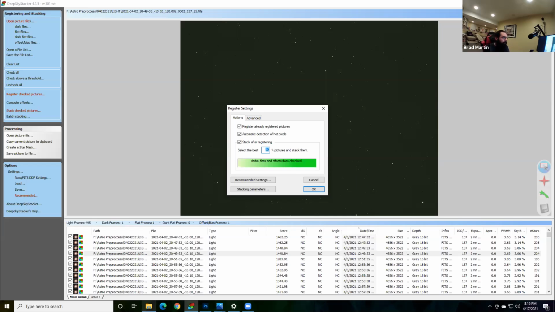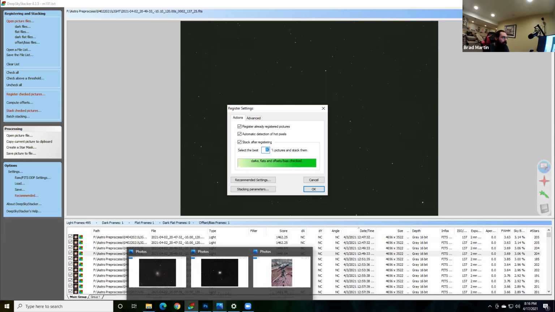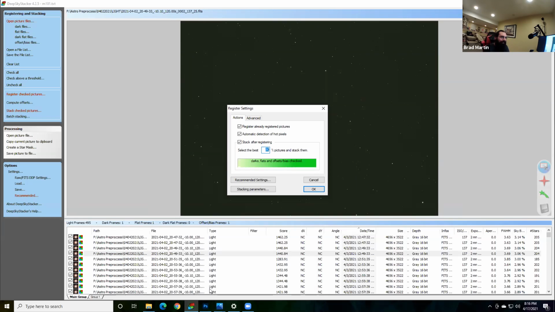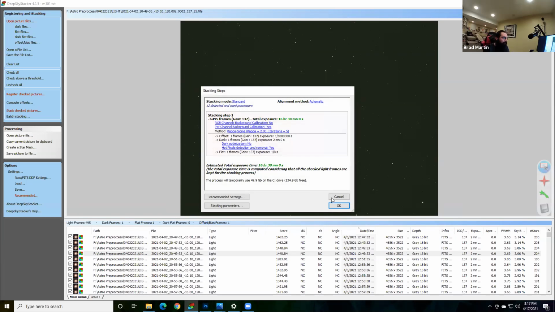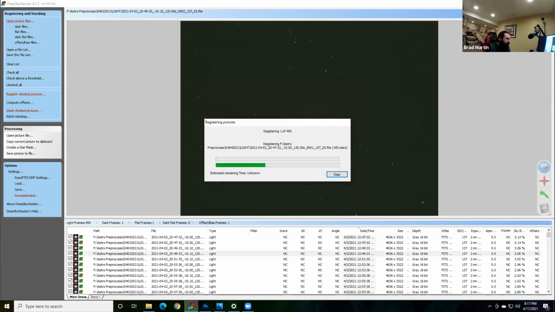Should I show what M101 looks like? Show the final image before I go and do this, you think? No, just go ahead and do it. All right, so I'm going to go ahead and start the stacking, and then we can move to somebody else. How long is the stacking going to take? On my computer, probably 20 minutes, but I actually already have a stack ready to go. I have this already done. All right. How do I stop? Just go up to the top of your screen. There you go. All right, Jim.